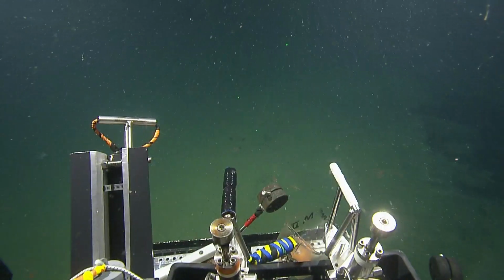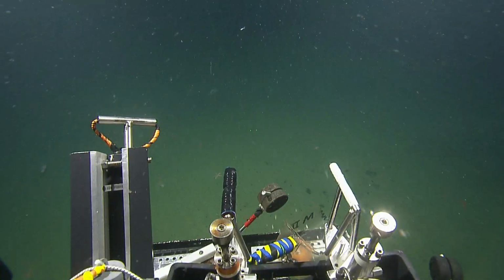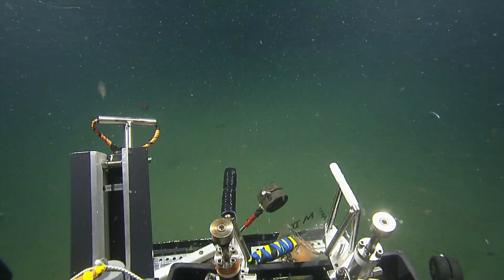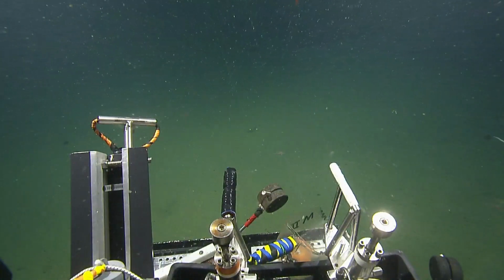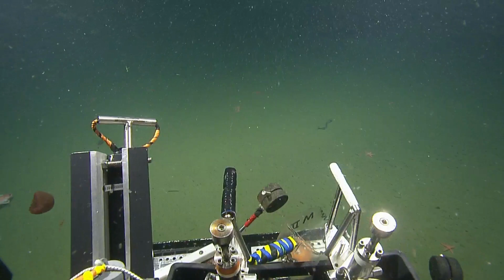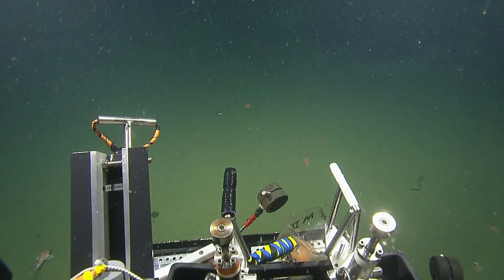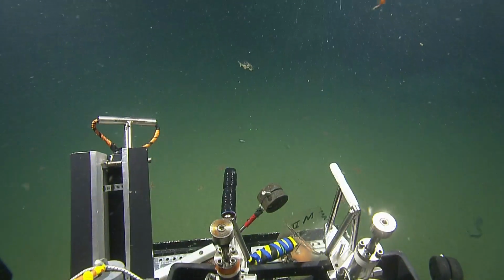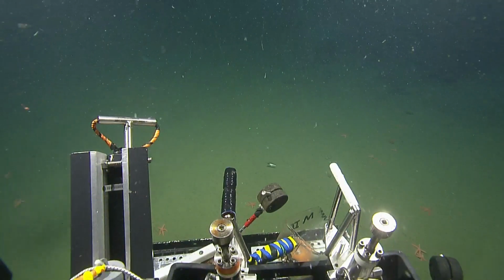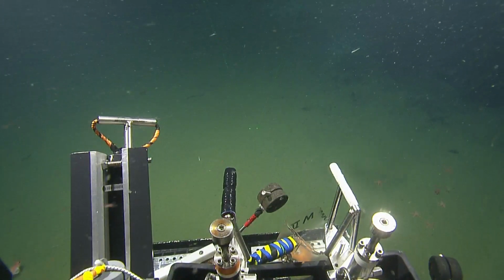Then a second part was the gas quant that also came from Jens Greinert and Geomar. That was a lander system with the multi-beam and CTD, deployed in the same area, but about 50 meters away from where we had the bubble streams. The multi-beam would observe the bubble activity over time, and we had it down for several days, so we would get information on how variable the activity of these different bubble streams is, and whether they're connected to tidal cycles